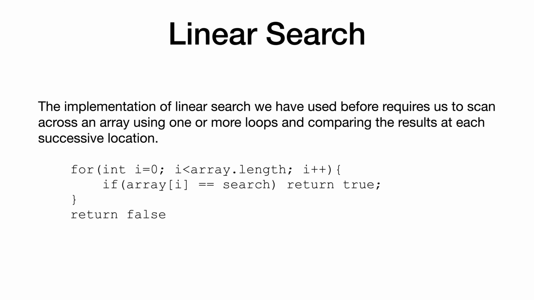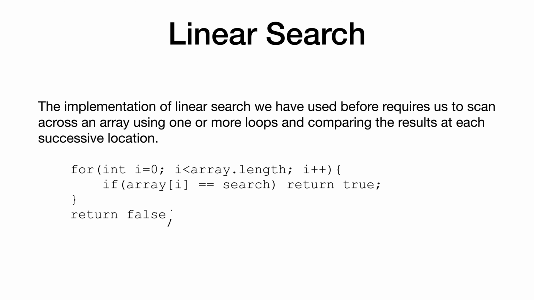The basic idea is that we're scanning across an array using one or more loops. If it's a two-dimensional array, we would need two for loops here rather than one. And we're comparing the result at each successive location to this search variable. So we have our array and we have our search variable. If we find it, then we return true. And once we get to the end, if we haven't found it, we return false. It looks like I'm missing a semicolon here. And that's the basic idea. We just make a linear scan through